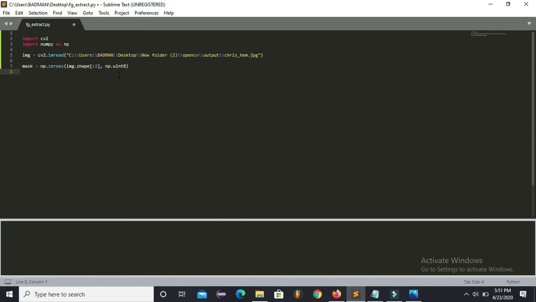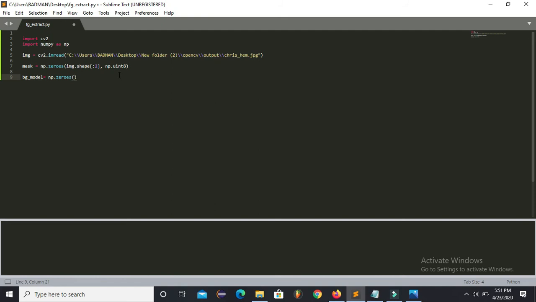Next we will construct two arrays of size 1 comma 65, and that will be a zero array, meaning all the values in that array will be 0.